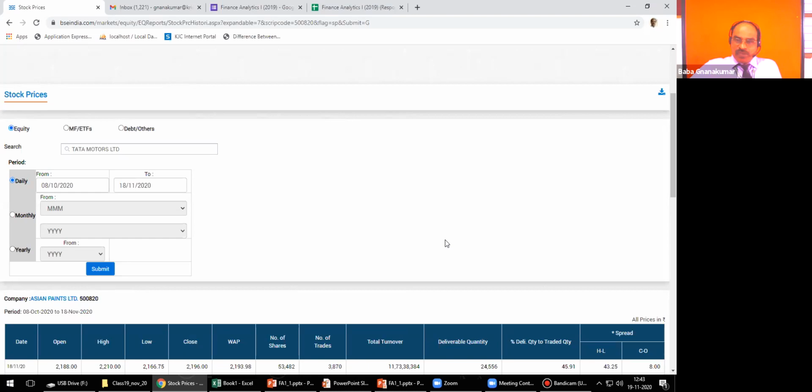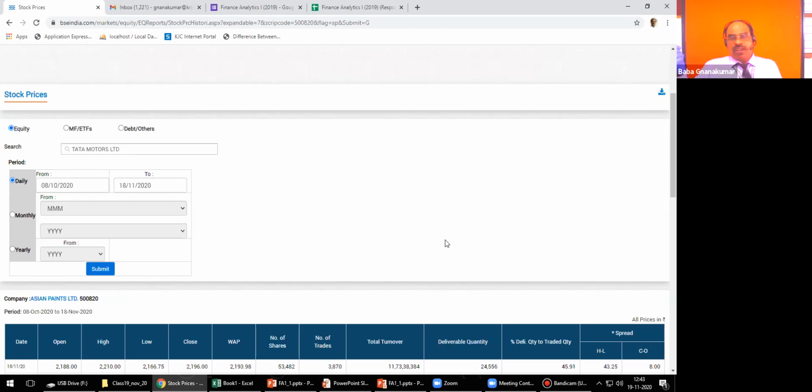You are going to invest. If the share price increases, you will get income. If it decreases, you will lose the money. But yearly means the company will give the dividend. That you must understand. Dividend is also a very, very important thing. What will Pranit do if he invested in Tata Motors?